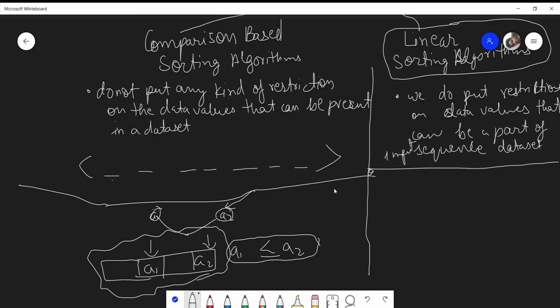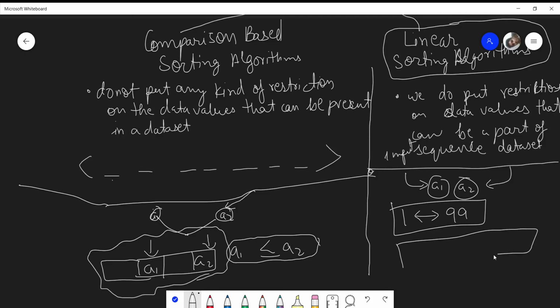But in linear sorting algorithms, by putting some restrictions on our data values, we are actually extracting more information than just doing comparisons between two elements. If I put a restriction that my input sequence can only consist of numbers between 1 to 99, I can extract different information about different elements.